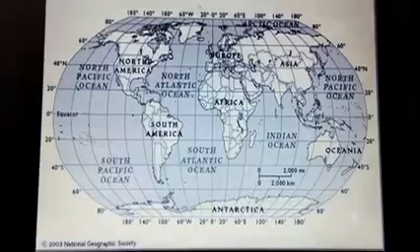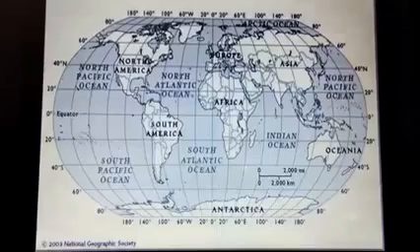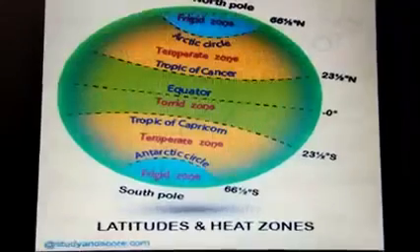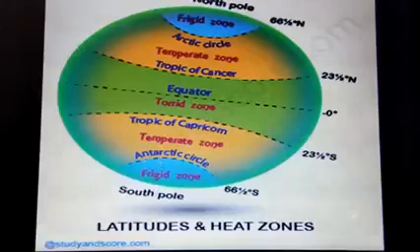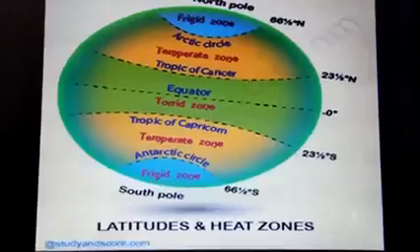Here you see some north-south direction lines, and some east-west direction lines. These lines are helpful for us to find the exact location of a country, continent, ocean and any other physical property which exists on the earth. This is the North Pole, this is the South Pole, this is the frigid zone, and there are the Arctic Circle, Tropic of Capricorn, Equator. We'll try to find answers to all these questions in the next slides.